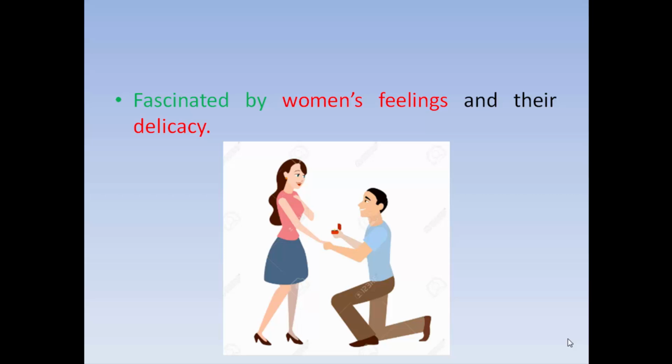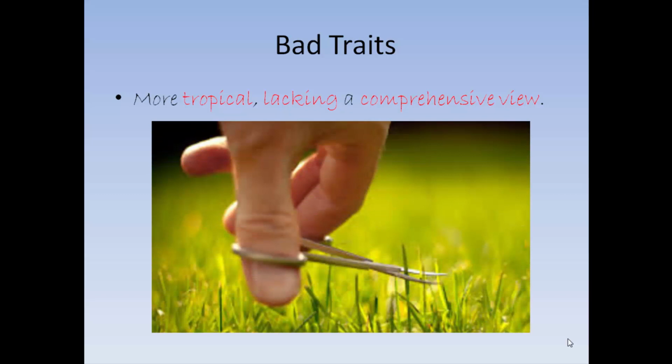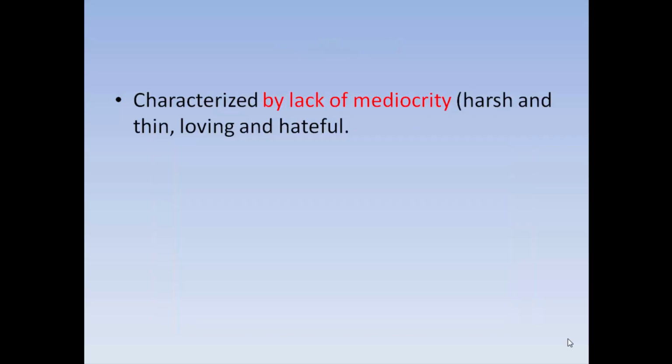Also, I think that the Virgo man is the same, but this does not mean that he is not kinesthetic. So bad traits here is more tropical, lacking a comprehensive view. Like this, he also only focuses on the details, and he does not see the global image. This is in contrast to the visual personality, characterized by a lack of